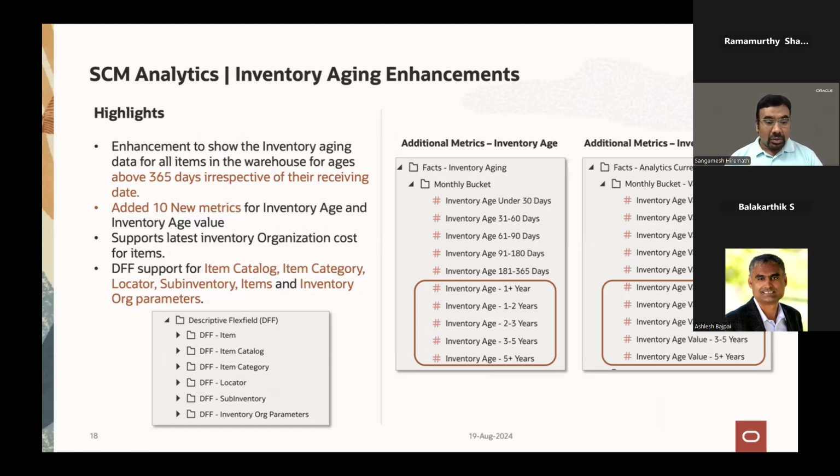Then it also supports the latest inventory organization cost for the items which are beyond 1+ years. And another enhancement that we have done is to support DFF for item catalog, category, locators, sub-inventory items, and inventory org parameters. As I said, on the inventory aging metrics, we have introduced new metrics both on the quantity side